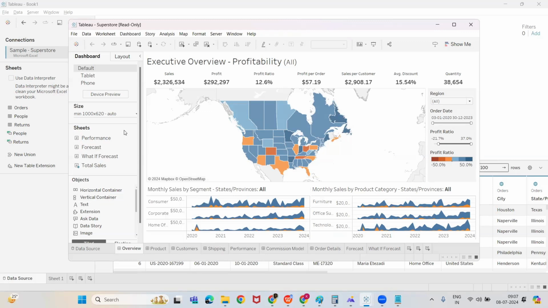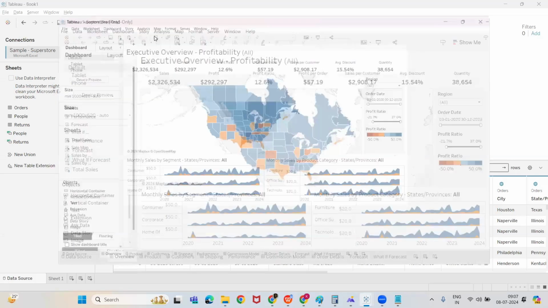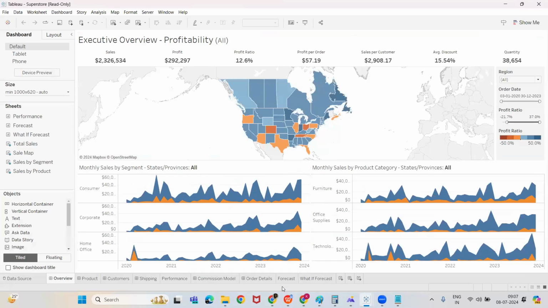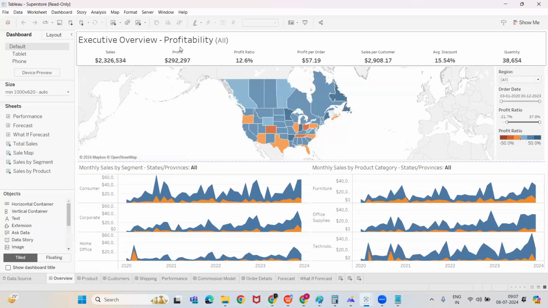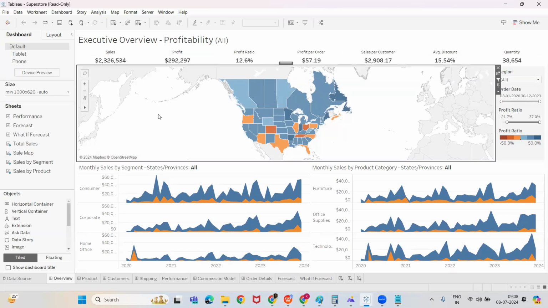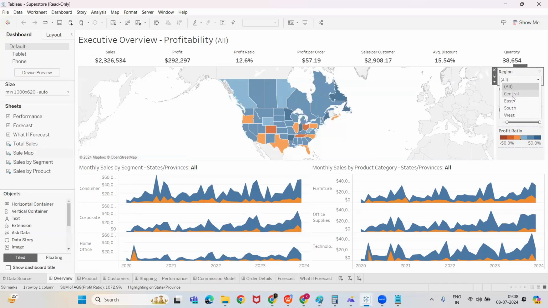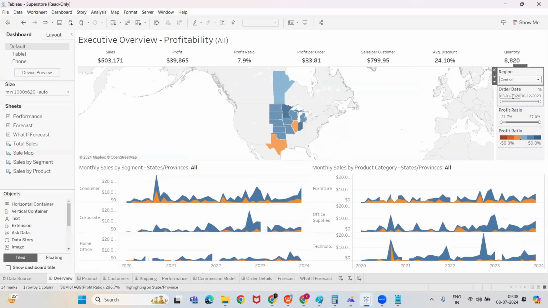So let us see an example here. What you see is a dashboard. Executive overview, profitability. So sales information, profit information, profit ratio, profit per order. This is all individual information again. Then you have a map view, and an area chart over here. I can select which region I want to look at. So I want to see the central region information. Now all the graphs are representing central region information. If I say East region,